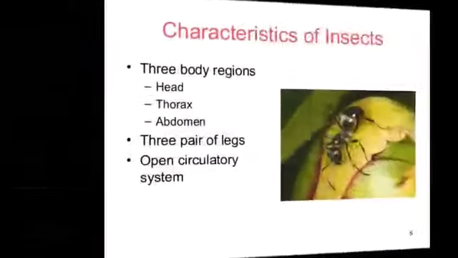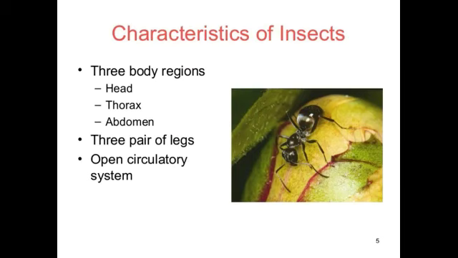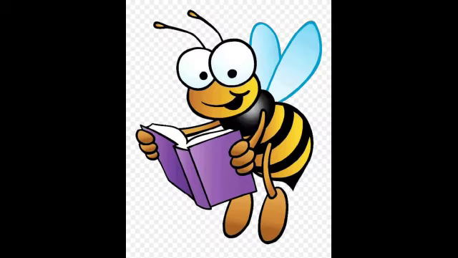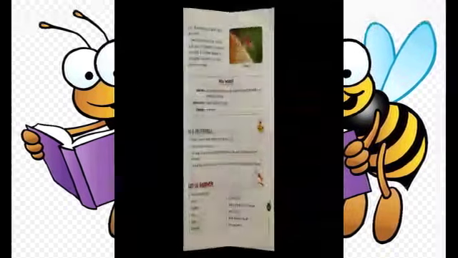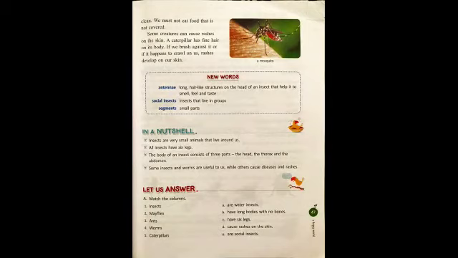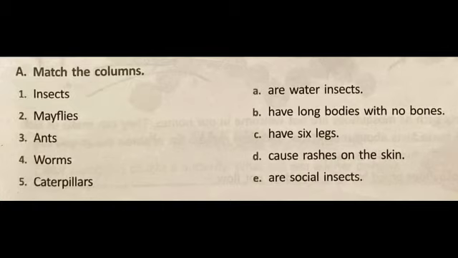In our last few sessions, we discussed insects. We learnt about many characteristics and habitats of insects too. Now let's check our understanding of the lesson by working on the textbook exercise. So Slaters, please turn to page number 47. Ready? Let's check bit A. Here you have to match the two columns. One column has the name of the insect, while the other column has information about the insect.